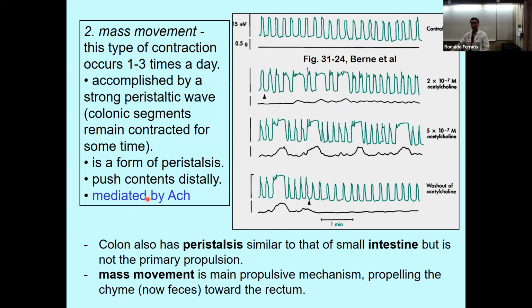And it's mediated by acetylcholine. So here, the top is a change in membrane potential, and this is your contractions. So this is normally going on. This is about 6 per minute. This is a colon